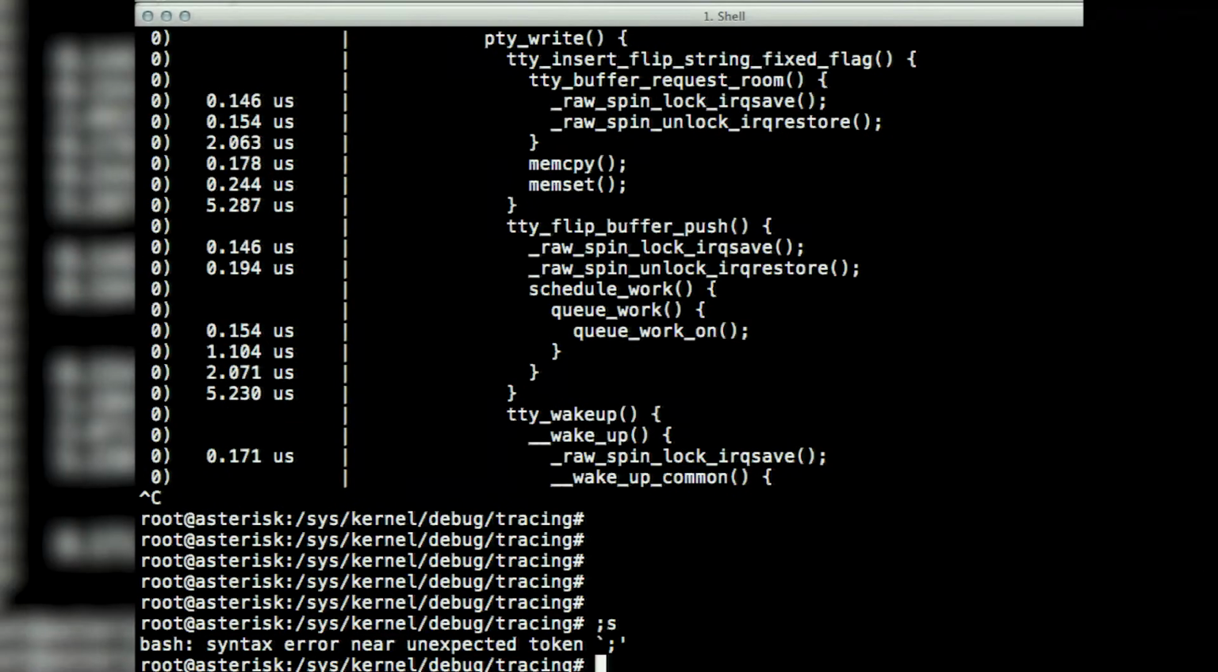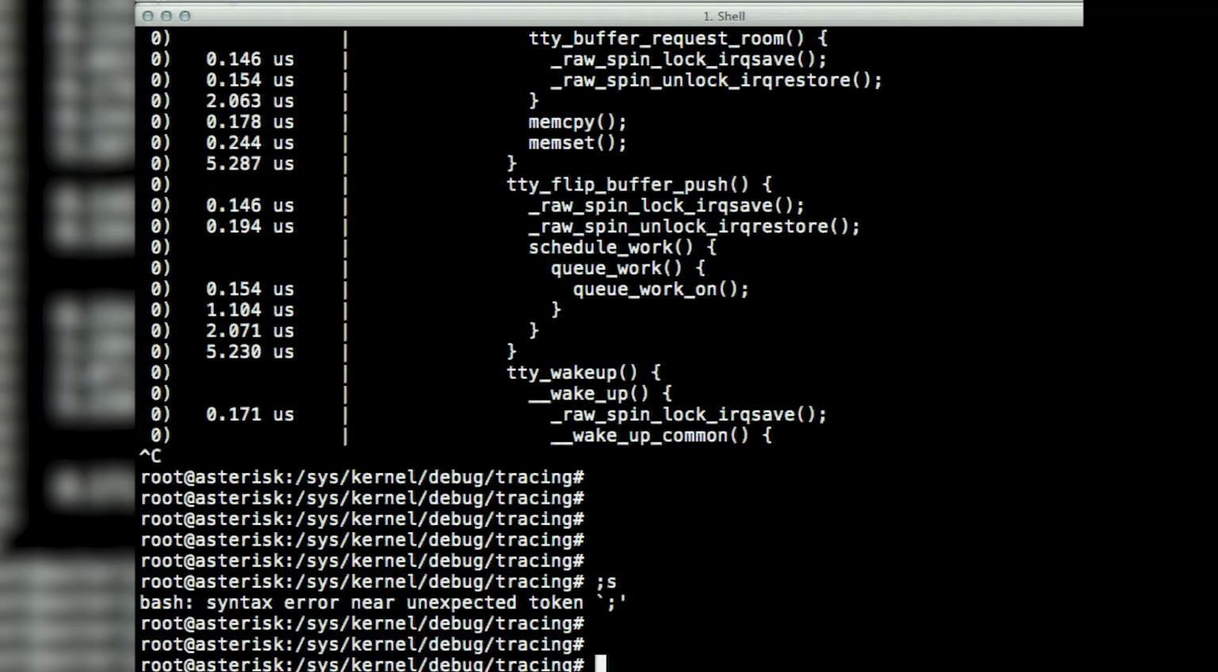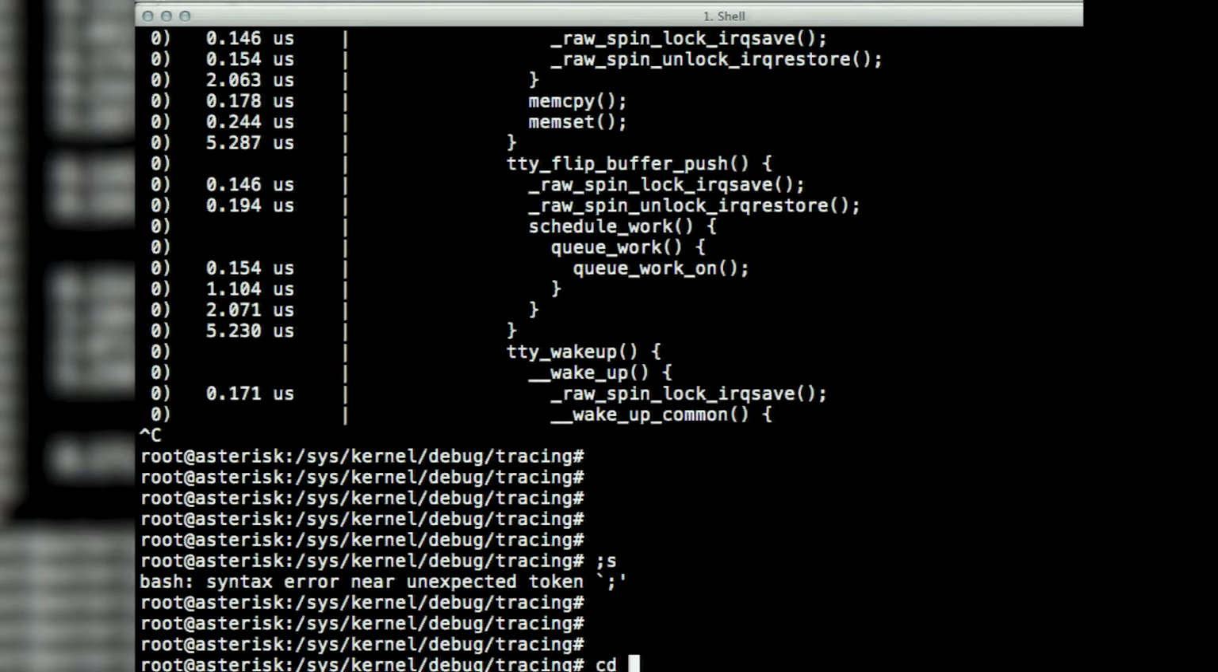So let me show you the function graph tracer really quick. I'm going to be bouncing back and forth between my terminal. I have a virtual machine running here, but this is just a VirtualBox instance that I have running. And I'm in the sys kernel